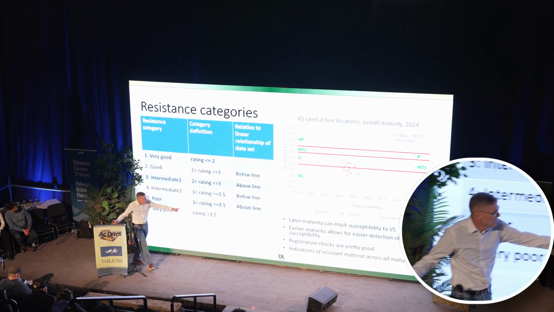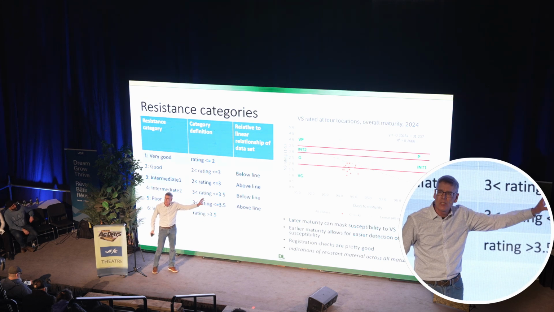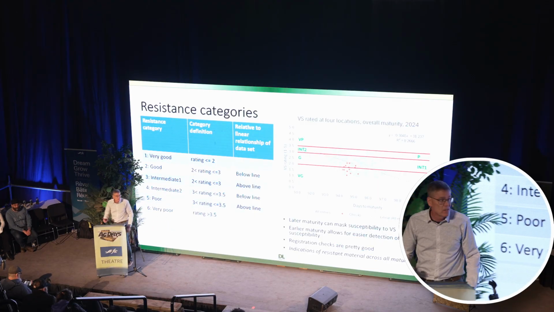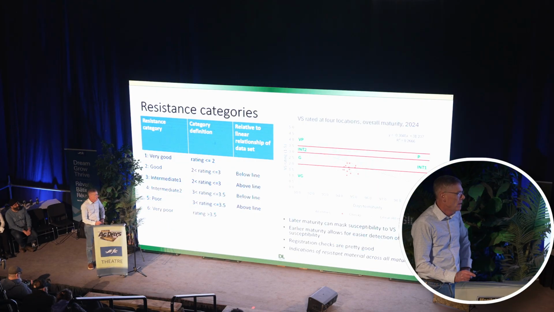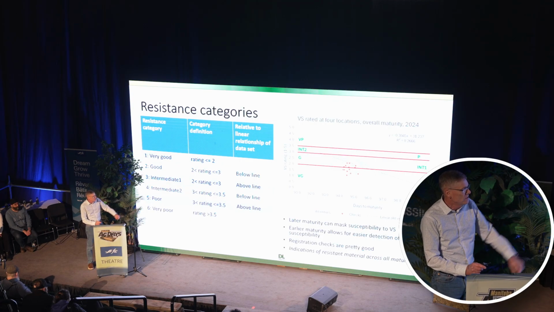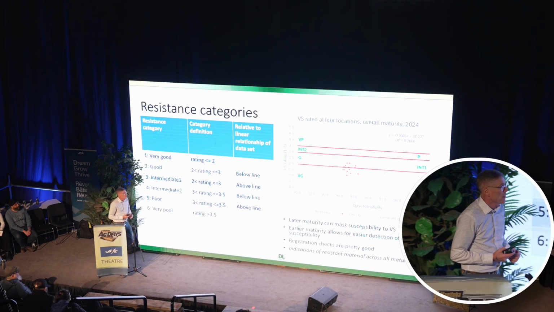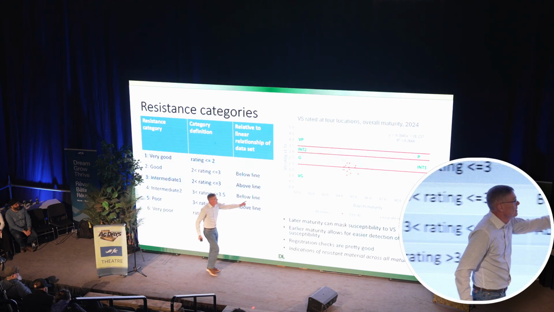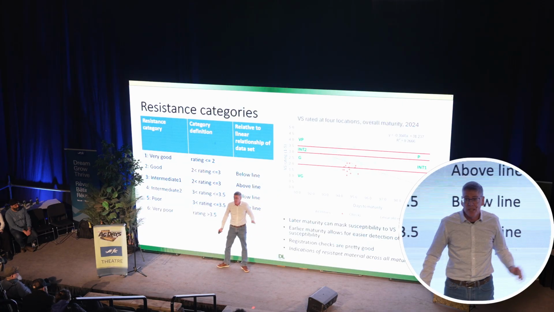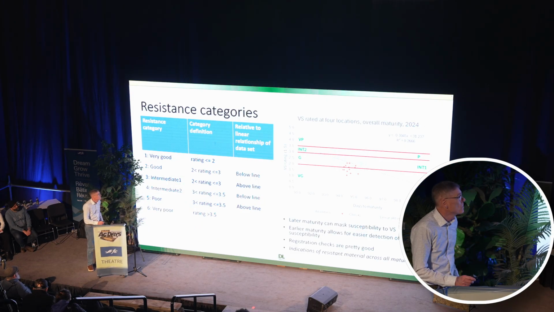I've already mentioned these two points here. The registration checks that all this data is relative to are the orange dots, and you can see that those are generally not too bad. But the important, exciting part of this chart is there are indications of resistant material in the breeding program. So you've got all this stuff here, what I would call very good, in all these maturity ranges. So there's some good hope that we can do something with this disease.